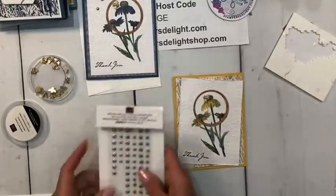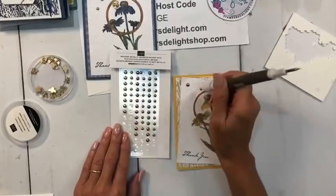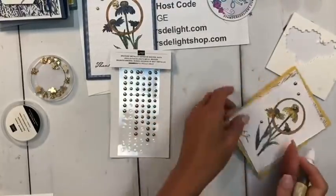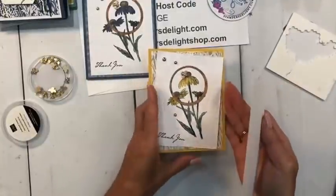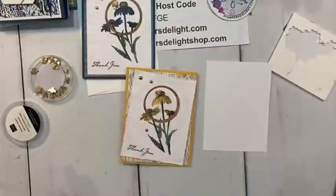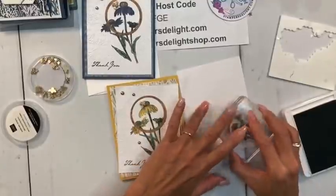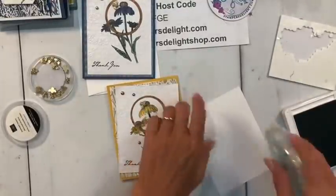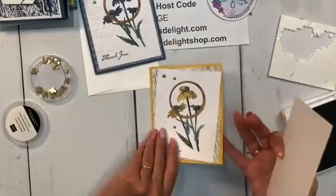Okay, I'm going to grab some of those brushed metallic. I think I'll use this one. I am going to grab another piece of white, regular size white for the inside. It says thank you. That's going to go inside. I am going to grab, let's see if I clean this off. I'll grab this one. My soft succulent. Just going to put that right there. For the inside,